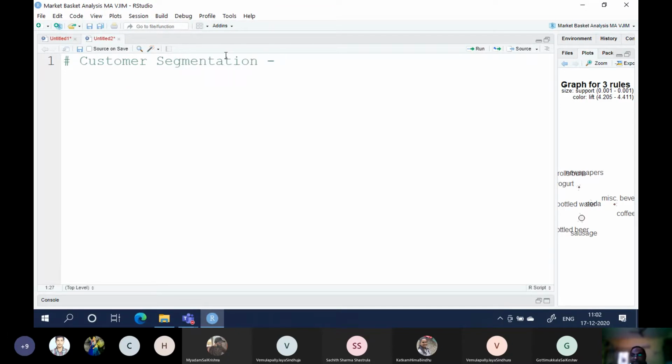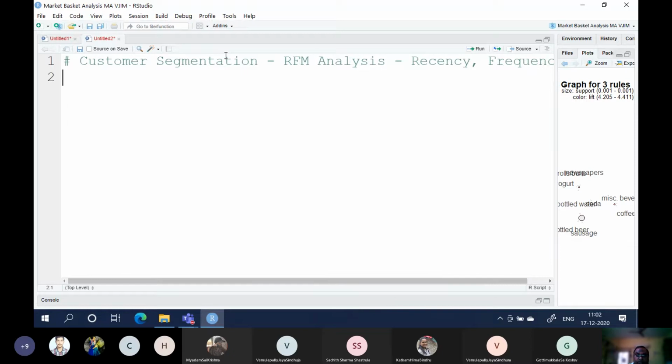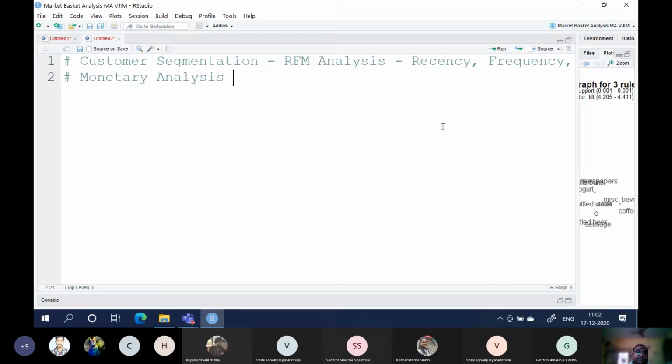In customer segmentation, we have something called RFM analysis: recency, frequency, and monetary analysis. This is a customer segmentation methodology which is used in retail or even banking. We use this RFM analysis.